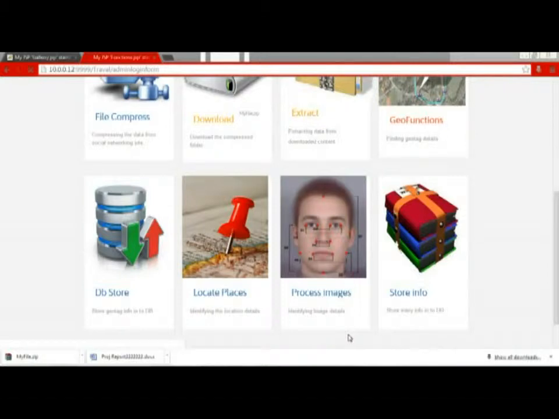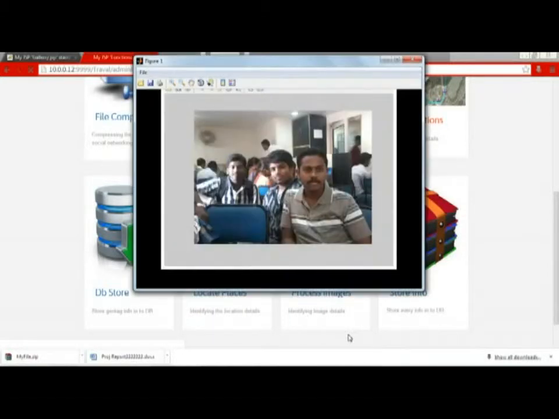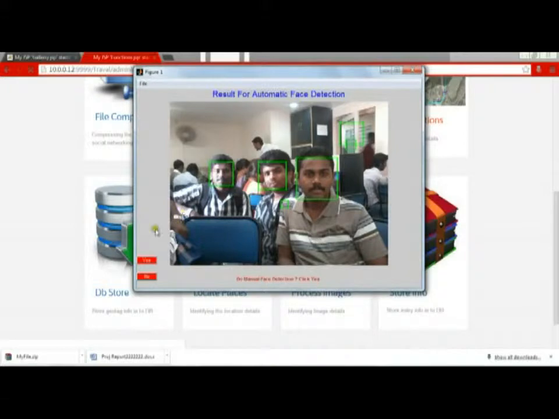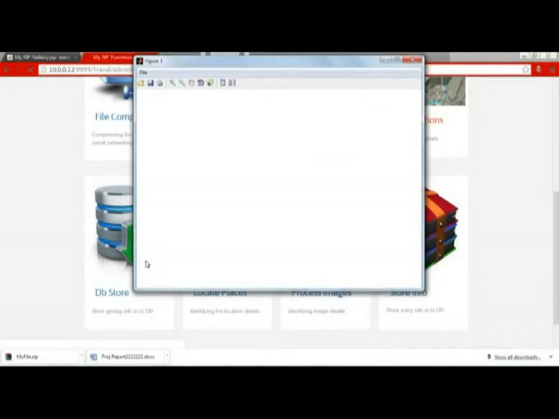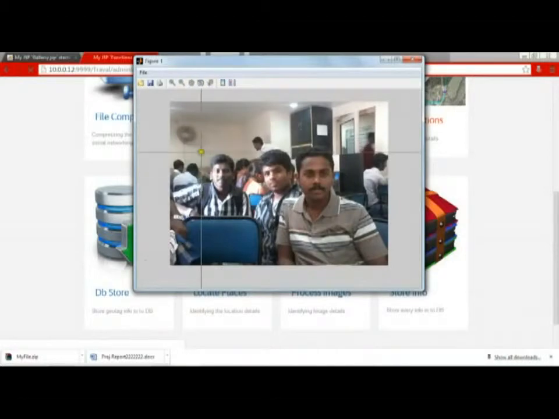It will take some time to open the process, some 5 to 10 minutes. Now when the picture is opened, it will automatically detect some faces, but there may be some error in it. In order to avoid this, we can also detect the faces manually by selecting as shown in the picture.